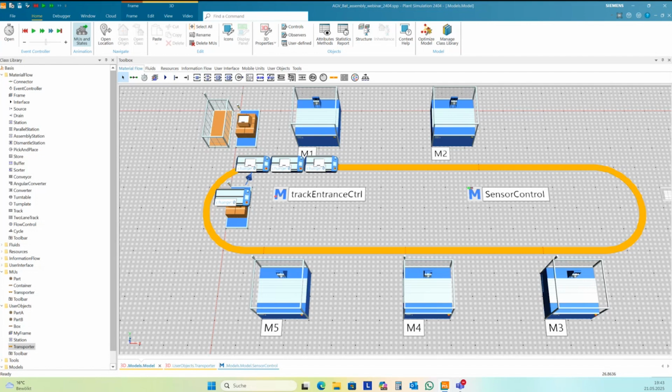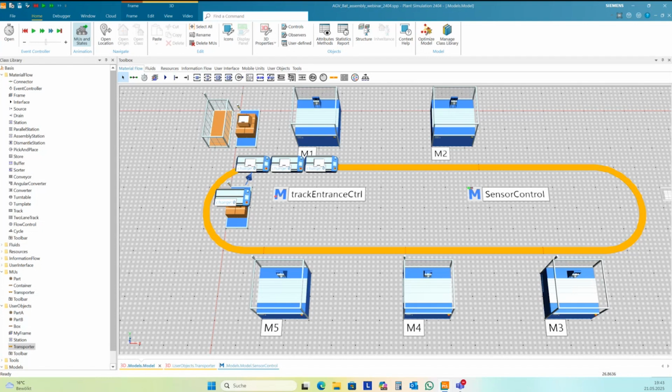Otherwise, they will not be charged. And so we need to run out of this loop and then charge externally. But normally, you don't have these possibilities in such production environments.